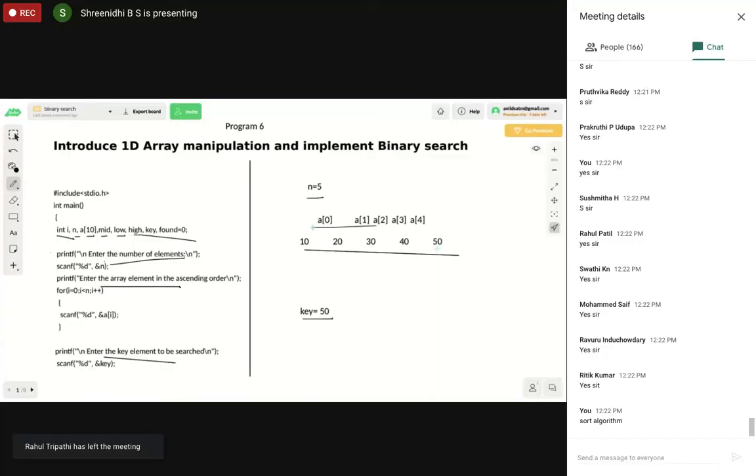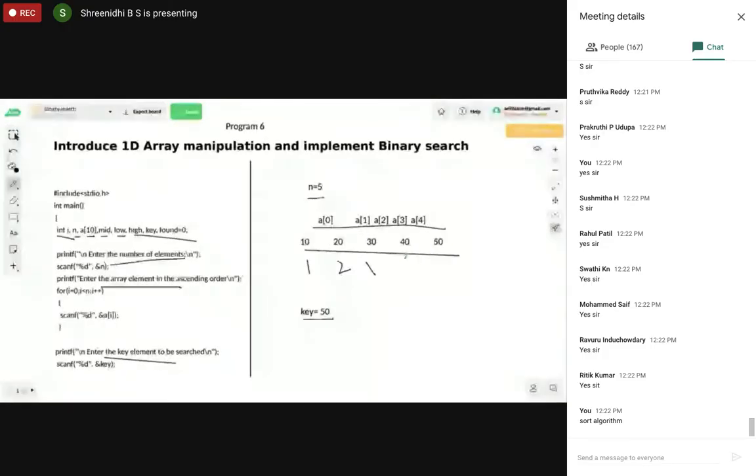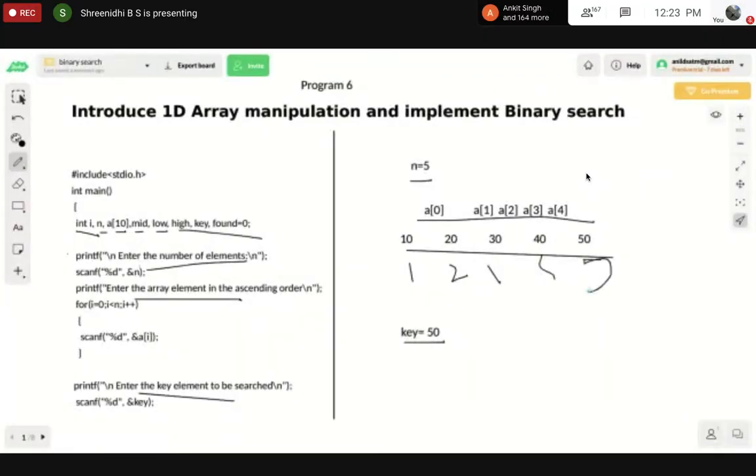See, these are the indexes 1, 2, 3, 4 and 5. These will be array indexes, sorry, positions.